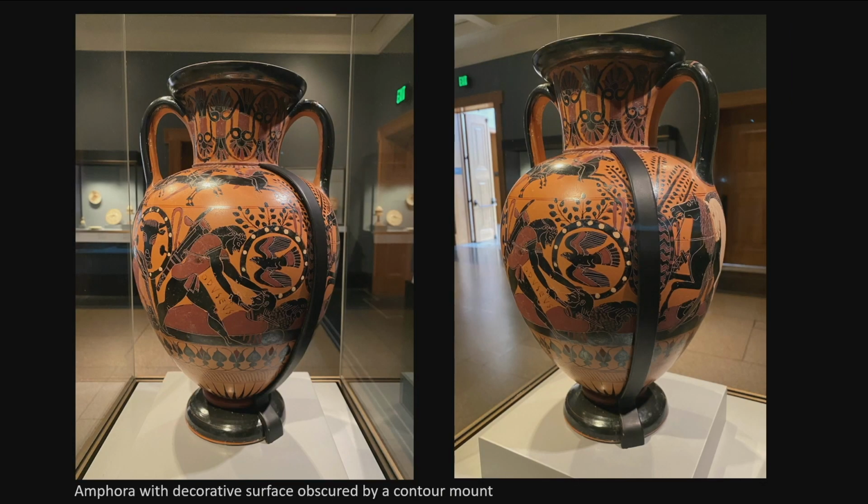I can't necessarily say the same thing about this. This is not to criticize heavily this mount. This mount, again, is very effective at protecting this object. What it is not very effective at is not obscuring the decorative surface, which is one of the great significance of this piece, which is why it's in the round. Now, I'm not meaning to be disingenuous. Part of the reason why this is here is because this is actually a point of weakness. There actually is a blind crack, which is why it was felt that there needed to be this bridging element that went high up to basically unify these two through, again, taking any force and traversing it